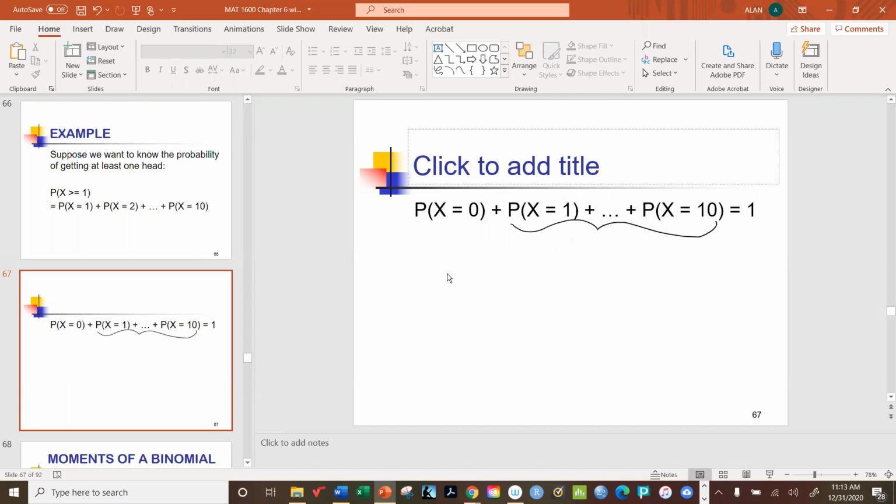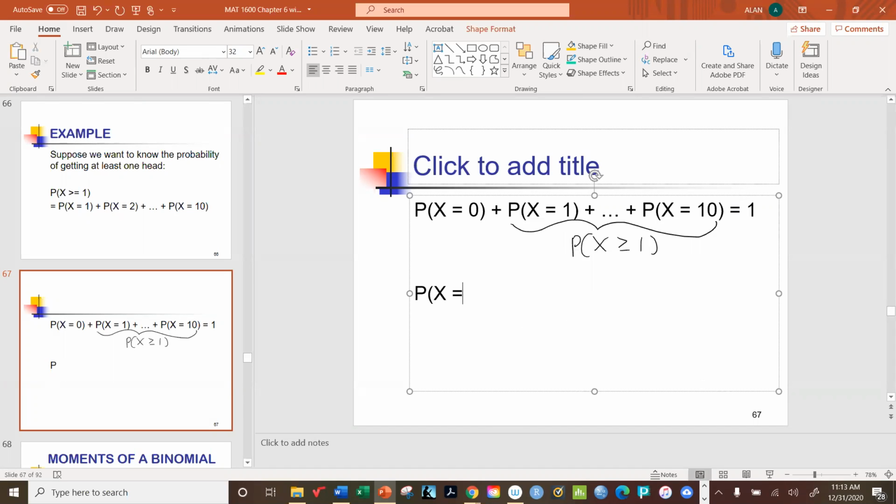These probabilities are collectively what we mean by X is greater than or equal to 1. So what this means is I can write this as this, and then algebraically,